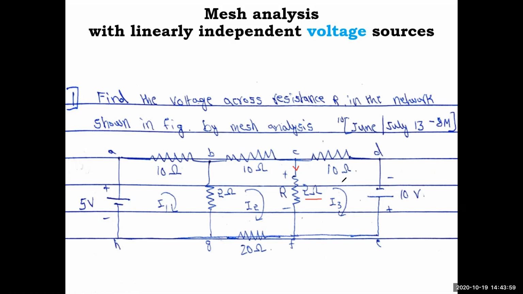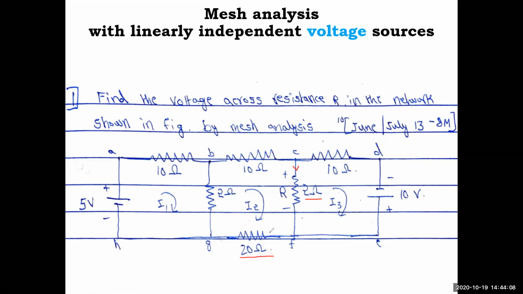In another question paper, the same circuit was given, but instead of asking this voltage, they asked for the voltage across the 20 ohm resistor. What is the current in this branch? It is purely the I2 current. I2 multiplied by the resistance will give you the voltage. So for both cases you require at least I2 and I3; I1 can be calculated by the way. So how to find the mesh currents? Sometimes they will ask the same question: find the mesh currents I1, I2, I3.